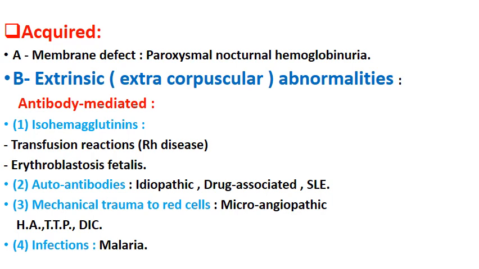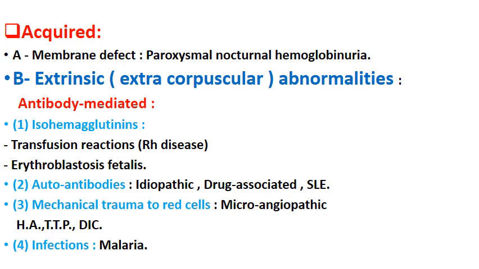Therefore, this mother, if she is Rh negative and the baby is Rh positive, should be given anti-D within 72 hours post delivery in order to prevent the production of the autoantibody against the fetal red blood cell. Autoantibody might be idiopathic, maybe drug associated, certain drugs that when taken by the person might induce the production of the antibody,